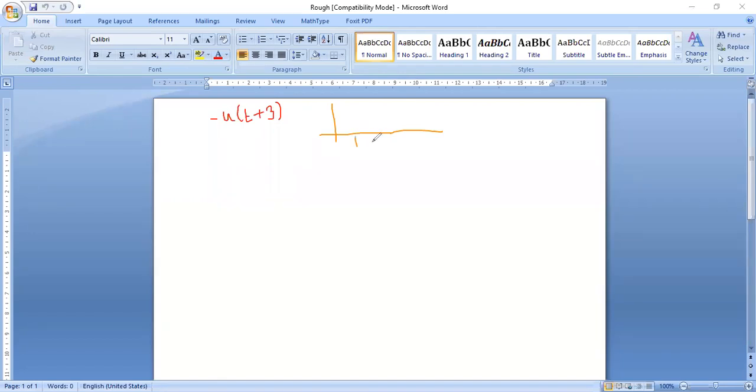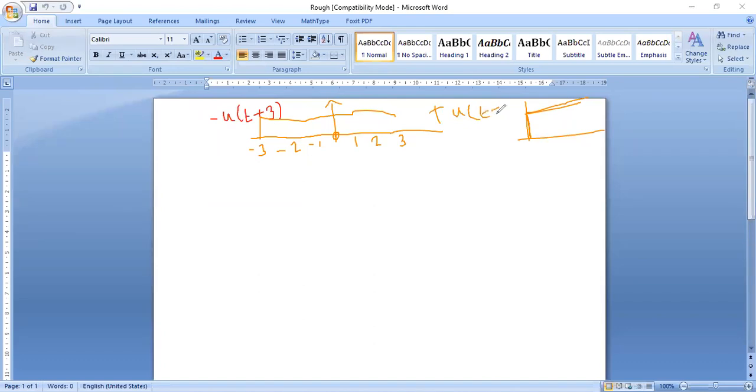So I will show 1, 2, 3 here. Since it is plus 3, I have to shift it towards the negative side. So -1, -2, -3. Okay. Now listen, your original signal of u of t will be like this, from 0 and positive time. Now this has to be shifted. Your original signal is over here. This has to be shifted to the -3 position. So this is for plus u of t plus 3.